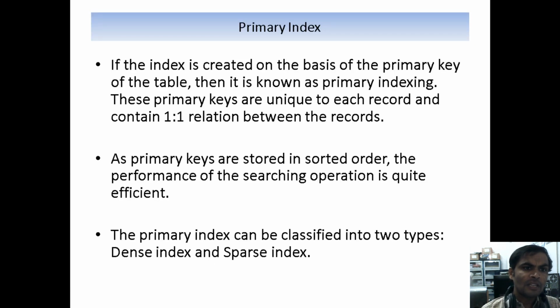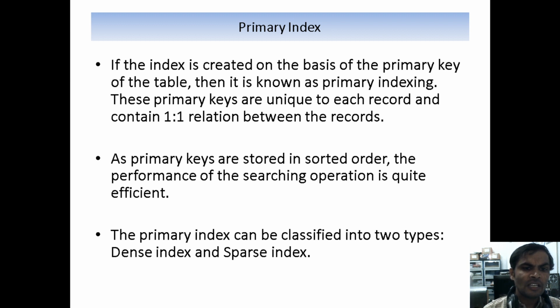Now the primary indices are categorized into 2 types, dense index and sparse index. The primary index is created with the help of the primary key constraint. It follows the 1-to-1 cardinality principle: for each and every record, at the time of storing, it stores the data under the primary index. Only unique values are stored under the primary index.